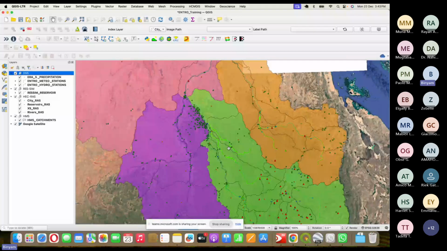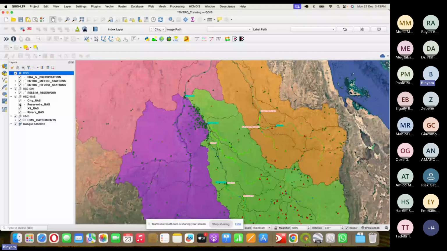This you can see Khartoum, Wad Madani, I don't know how to pronounce, Humera, this is Senar, you see, Renaissance. So these are labeled here. That means this is related to city RAS, and reservoir RAS. So it is related to that. So these are labeled. So points, lines, or polygons can be labeled, or you may see the name of the towns or the name of the reservoir there in the map